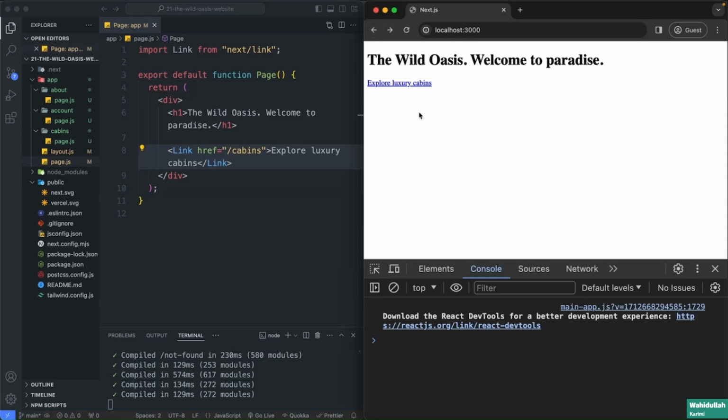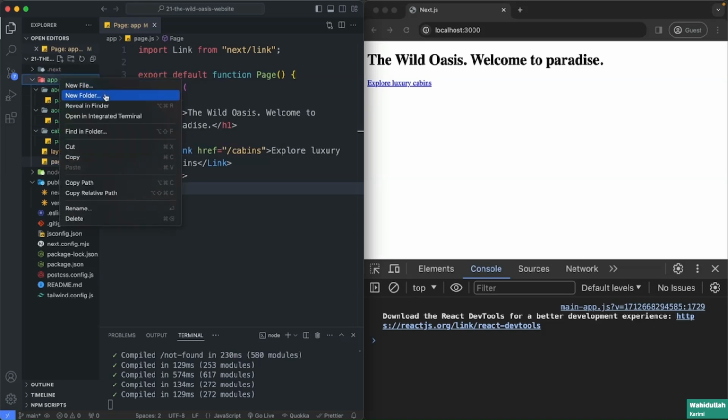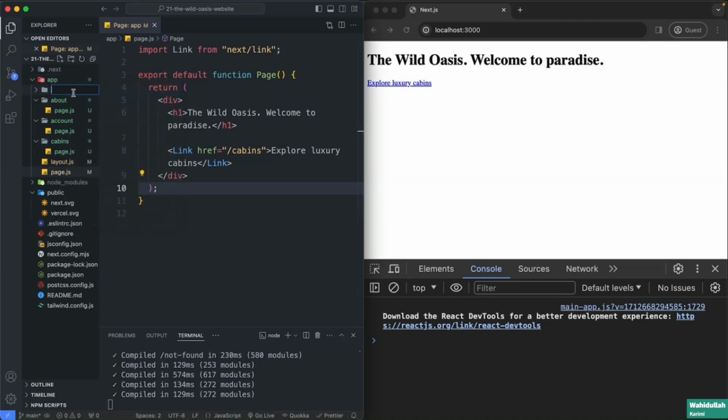Now, what I want to do next is to build a navigation already, a navigation which has a link to all the pages that we have. So that should be a reusable component. And for that, let's create a components folder, just like we had in other applications. Components like this. And in there, let's then create